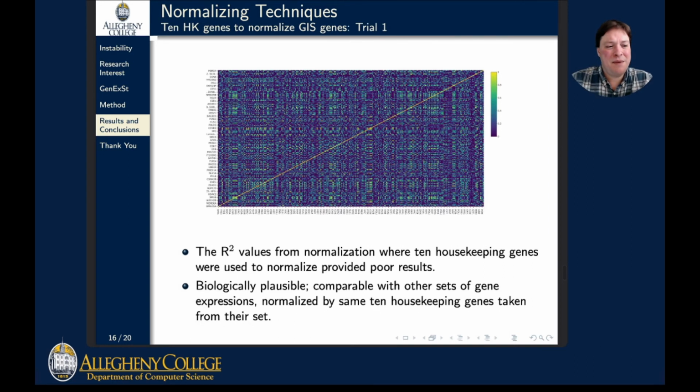However, when we began using more and more housekeeping genes taken together as average values and then dividing those values into the GIS genes to create our R-squared values from our linear models, we found more realistic looking results. Here we find that a majority of the values are far from 1, which is exactly what you'd expect to find